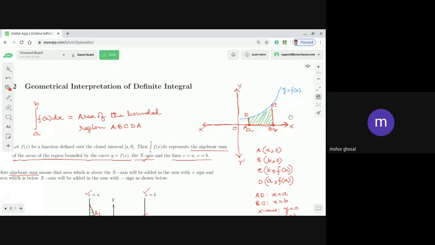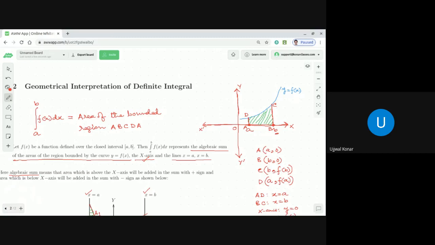The point B has to move towards A. Then what you will get? The BC will superimpose on AD. All of you are able to get my point? Absolutely clear? So that means BC is superimposed on AD. Now, if BC is superimposed on AD, how will you find that area?